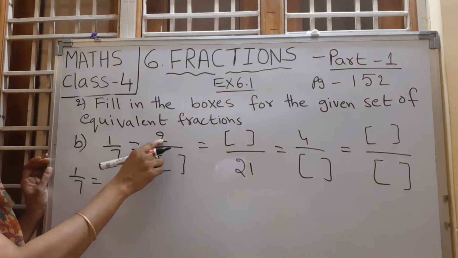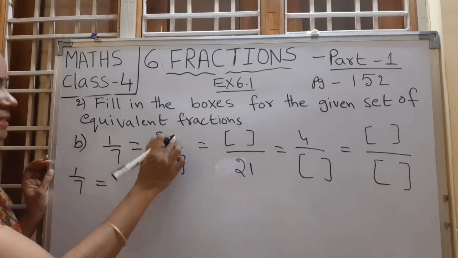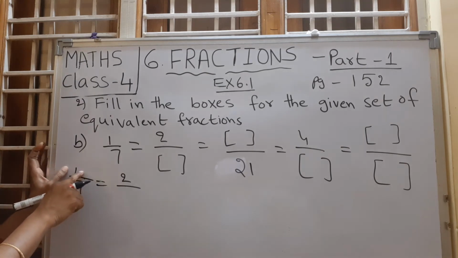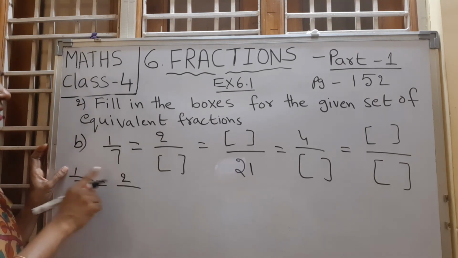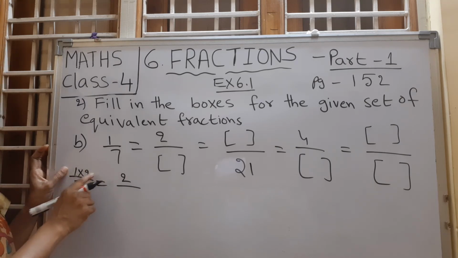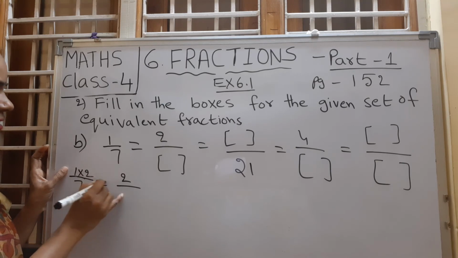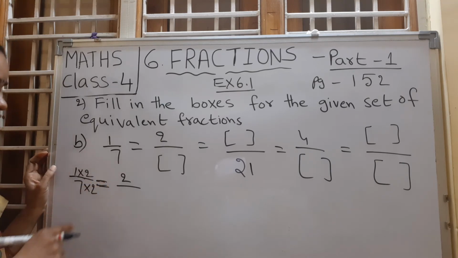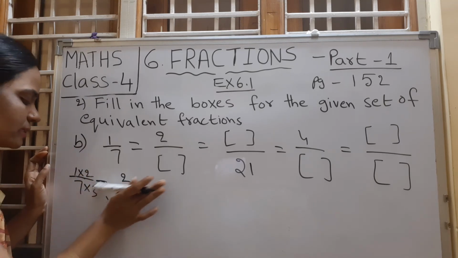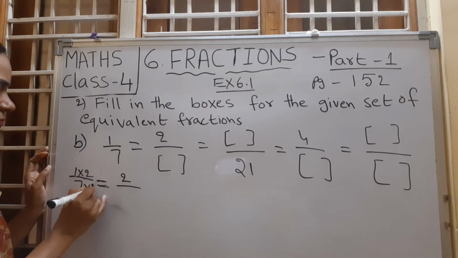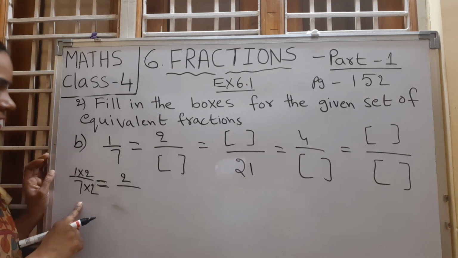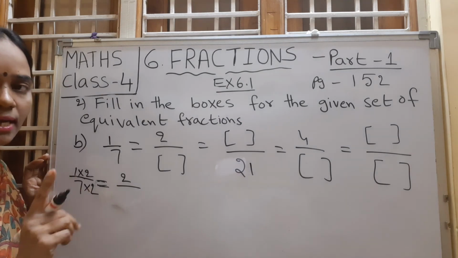So here first 1 after 2 is there. Means, so here the next fraction is 2. Numerator is 2. Denominator we have to find. So here 1 should be multiplied by what number to get 2? Yes, 1 should be multiplied by 2 to get 2. So 1 into 2, 1 2s are 2. So up and down we have to take the same number. Am I right, children? Yes, don't take the different numbers. Here 2, here 3, don't take like that. It is wrong. You will get the wrong value. So up and down with the same number only we have to multiply it. So numerator and denominator should be multiplied with the same number to get the equivalent fractions. This is the condition.